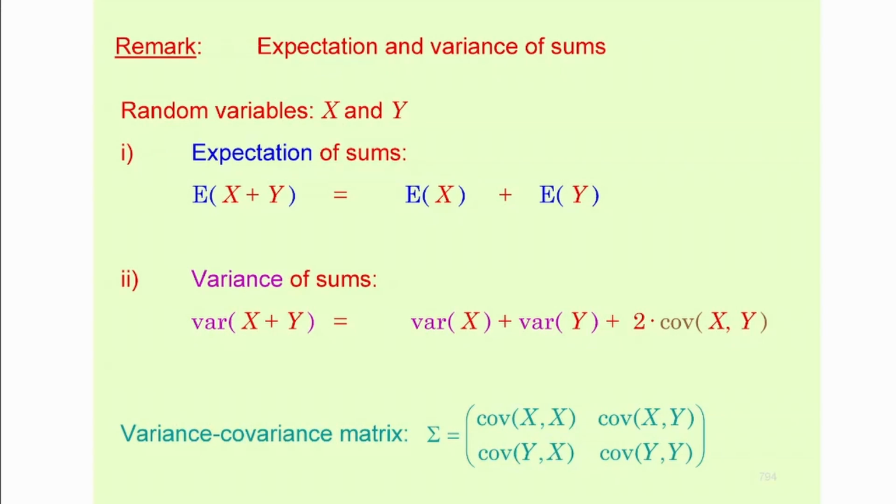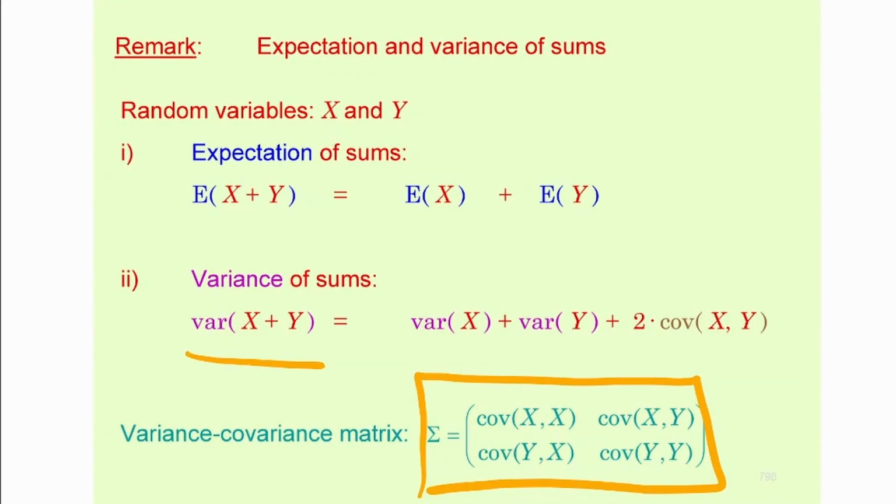Again, let me remind you, the covariance of a random variable with itself is equal to its variance. I think this is clear. Okay, that is also true here. So on the main diagonal of the variance covariance matrix, you end up having the variances of each. And then, of course, you have the covariances here, 2 times the covariance because you have it there twice. So what you need to see here is that the variance of a sum is not equal to the sum of the variances in general. The variance of a sum is equal to the sum of the entries from the variance covariance matrix of the corresponding random variables.